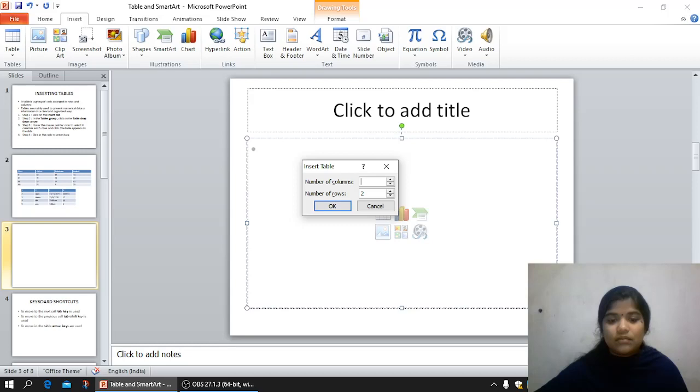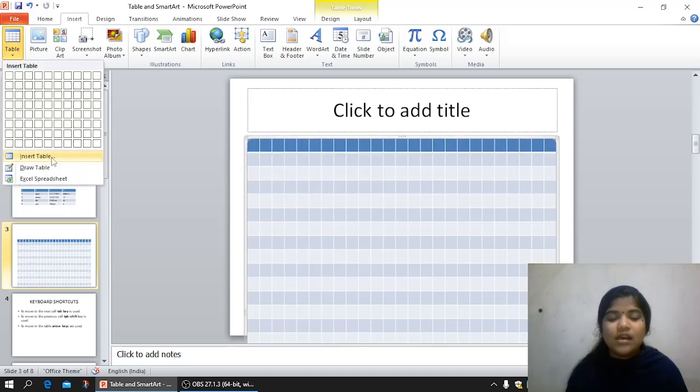So this is the table which we have created with the help of which option? Come on, which option? Insert Table. You can see this is the option Insert Table, so that we can easily insert the table in this slide.